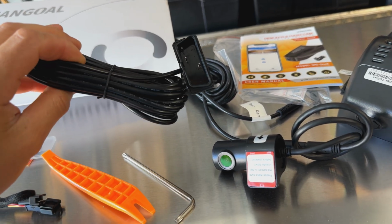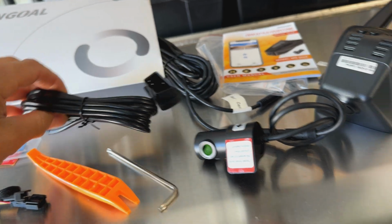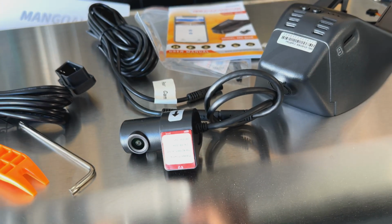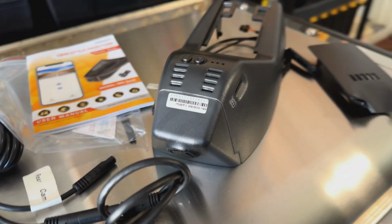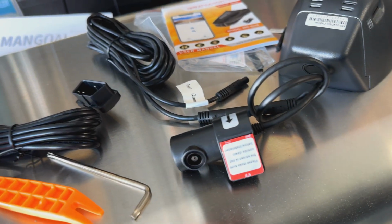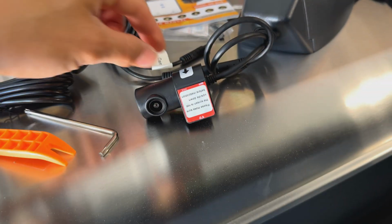So that way you could have that thing recording at all times or whenever it feels like a shock or something. In addition, this thing comes with a rear camera. So the rear camera is going to be the biggest pain to install on this one because you actually have to route that wire all the way back. But other than that, everything else is happening at the front of the vehicle. But pretty much it doesn't really come with any instructions on how to route this thing to the back of the vehicle. You just gotta decide on your own way to get it back there and also to route the